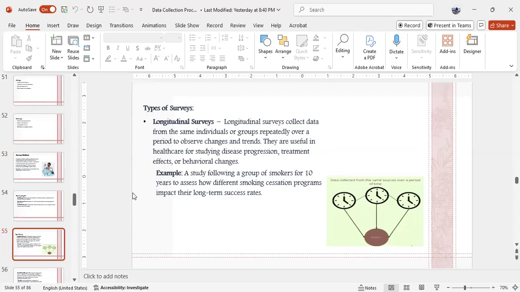Types of surveys are longitudinal surveys, where data is collected from the same individuals or groups repeatedly over a period to observe changes and trends. They are useful in healthcare for studying disease progression, treatment effects, or behavioral changes. Example is a study following a group of smokers for 10 years to assess how different smoking cessation programs impact